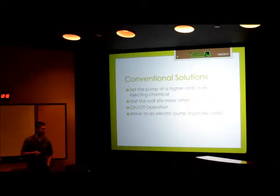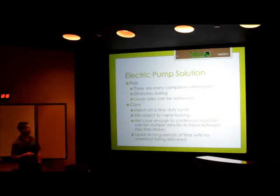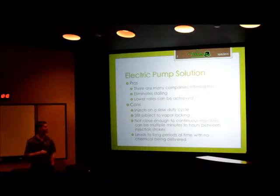Move to an electric pump, typically solar. That seems to be a pretty good push for lots of companies. Unfortunately, they still have the same inherent problems. It's still a positive displacement pump for the most part. The pros: there are many companies offering electric pump solar solutions, and it eliminates stalling for the most part. You don't have that pneumatic stalling with conventional pumps. Lower rates can be achieved, but be cautious with that as well, because some of the cons are injection duty,